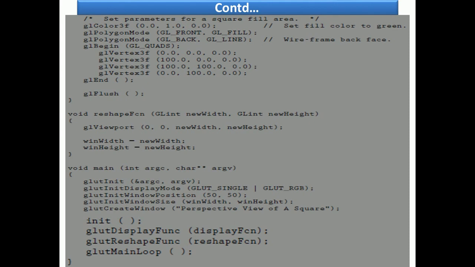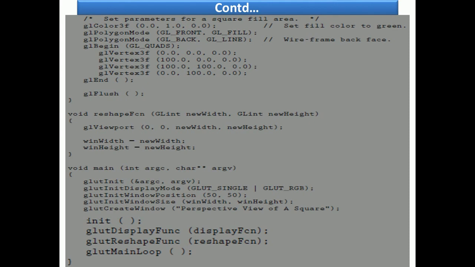Then we are beginning a process here for the quadrilateral, then we are ending that process. Then glFlush is to flush out the buffer, or it will force all the functions to get executed and to get the buffer empty as early as possible.